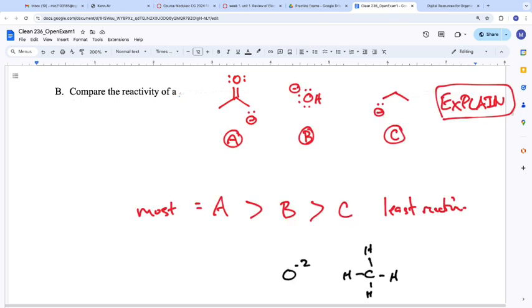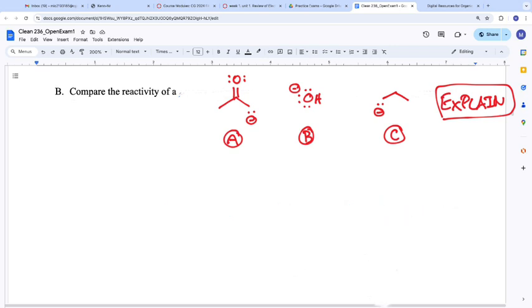Let's pause the video. Based on how well it was able to hold that negative charge. Okay. If we're going to rank according to base strength, what was a base? An electron donor, in particular an electron donor to H pluses. But if we're looking at ranking base strength, they're always going to be H pluses, so that's not going to be a relevant thing to talk about. We need to look at the electron donating ability instead. If we're talking about the electron donating ability, what should we be looking for as signifiers for that?